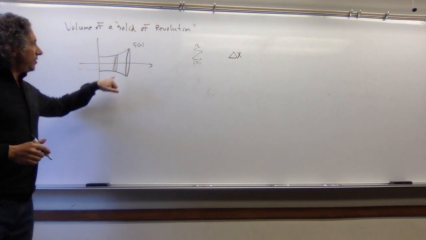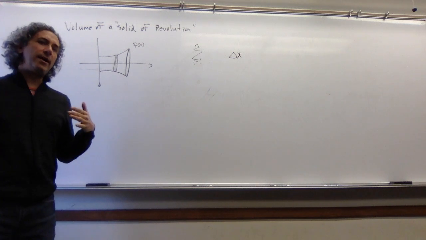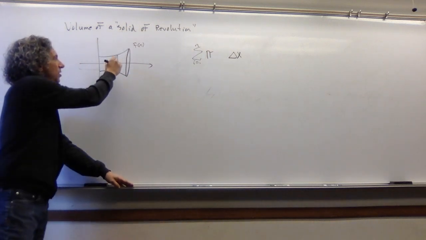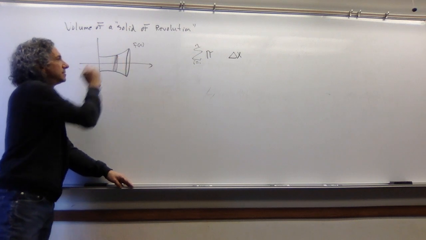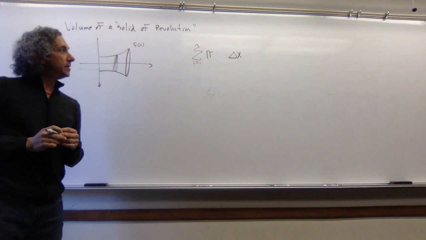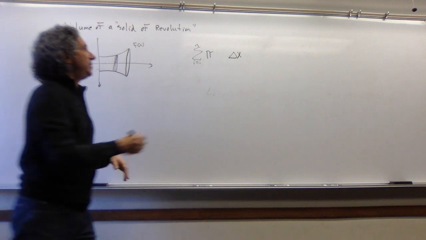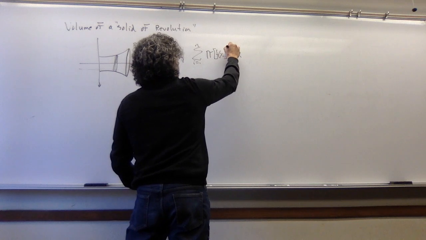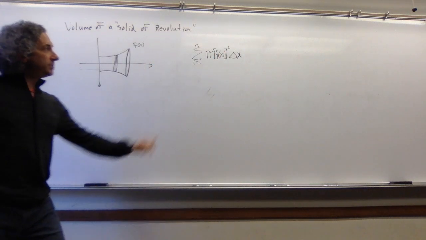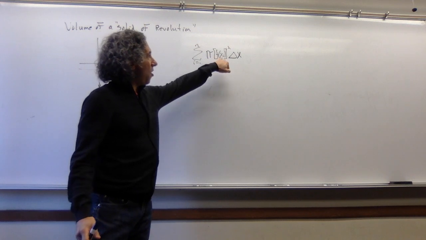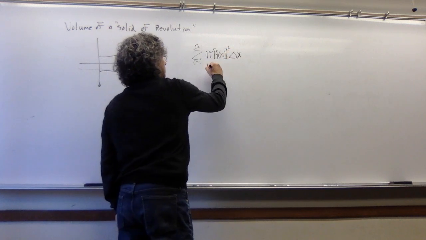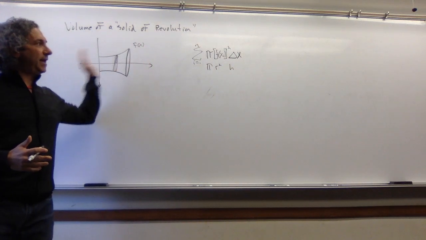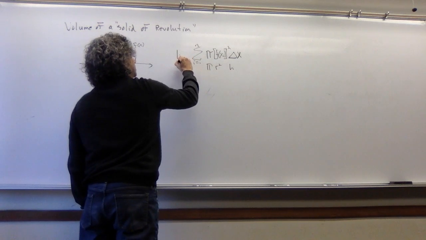And then to get the area of the top, my pi r squared piece, I need to know what the radius is. If you think about it, that radius is just going to be the height of the function at that point, namely f of x sub i. So what I'm doing then, again, is taking pi r squared h, and I'm doing that with n cylinders this way, and then I'll take the limit as n approaches infinity.